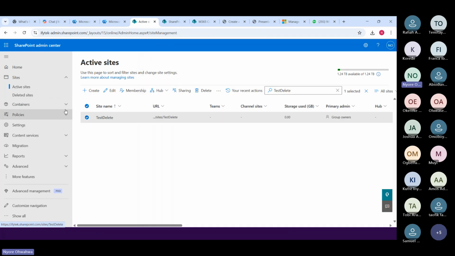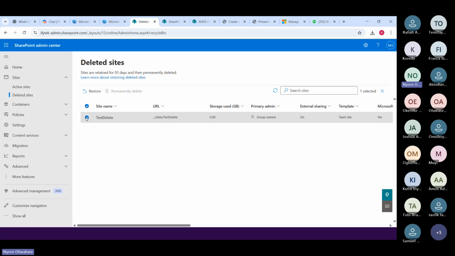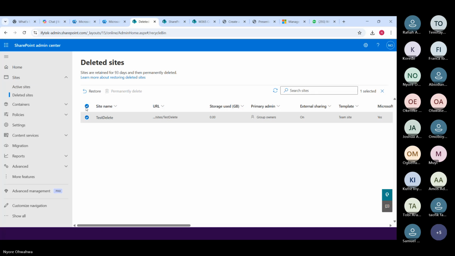And if you come to deleted sites, you're going to find the site here. This is the site that we just deleted. So you have the option to restore the site that was just deleted. So we can go ahead to restore the site from here and it would restore.